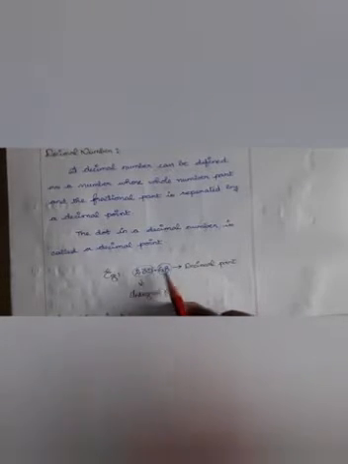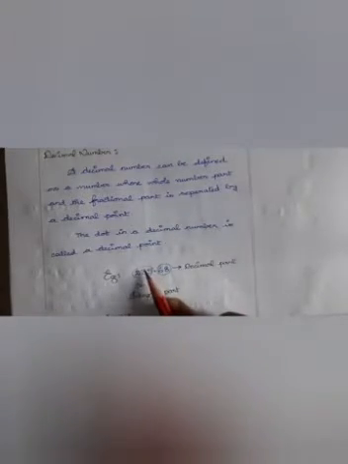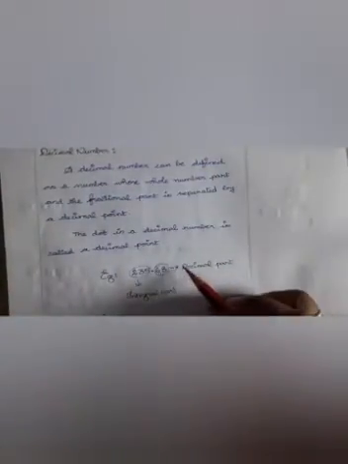For example, take 235.68. When we read a decimal number, the first part before the dot is the integral part, which is the whole number part given in the definition, and 68 is the decimal part, which is given in the definition as the fractional part. Always read the number after the dot as a single term, that is, 235.68. So you are now clear with the decimal number: the number before the dot is the integral part, and after the dot is the decimal part.